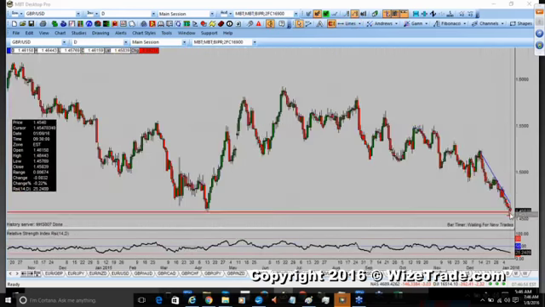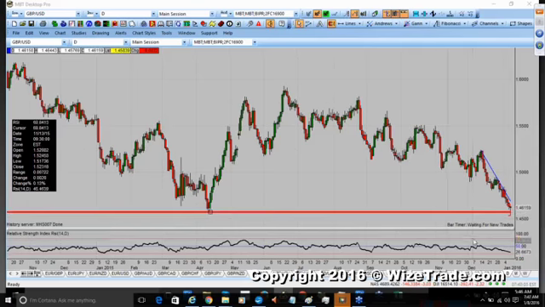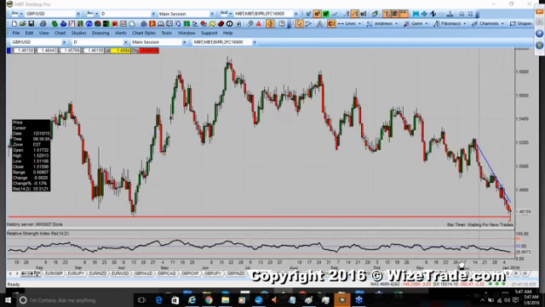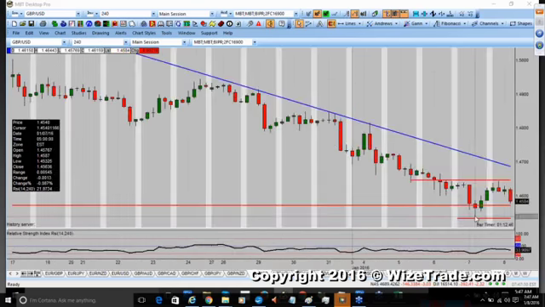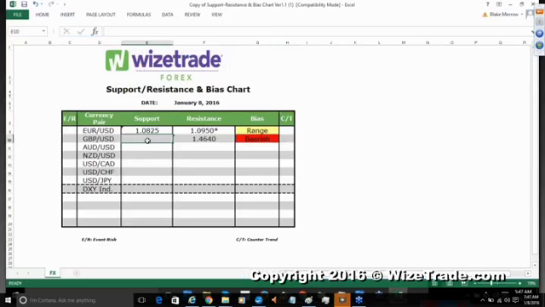So I have to imagine, because of yesterday, people go, oh, look, we had a false breakdown, we closed back above, I'm buying, and I'm going to put my stops below yesterday's lows. There's got to be a ton of stops below these lows now. So the lows, 145.32, 145.30, really key support today. 145.30, because if we break that,